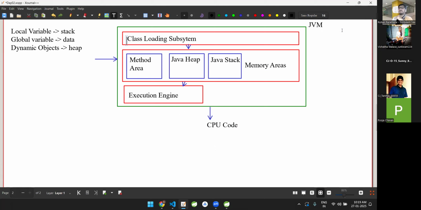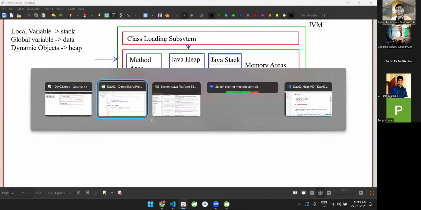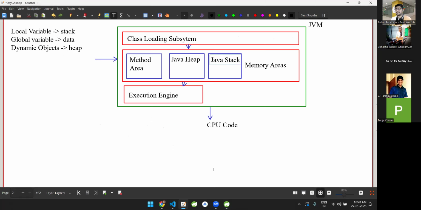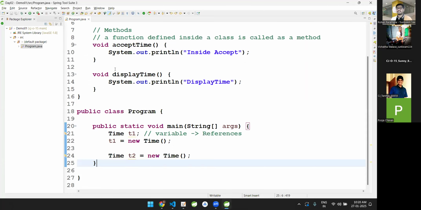Now, whenever generally the JVM works in this way, जब ये JVM इस तरीके से काम करता है, तो ये जो 3 areas है, ये काफी important areas निकल जाते हैं. Because while creating these objects, while creating the classes, what you must be having the understanding is about these 3 memory areas. So into the memory areas, the first one is the method area. Method area is the area where the entire